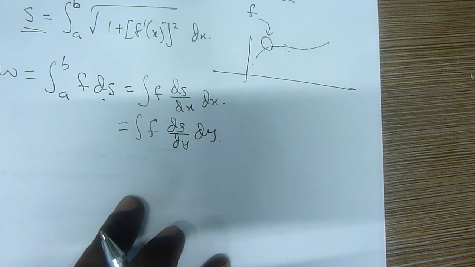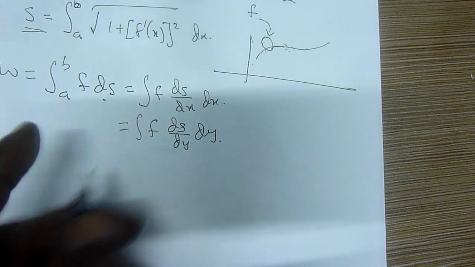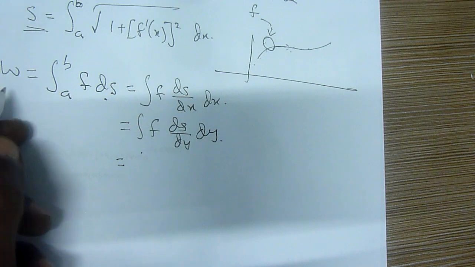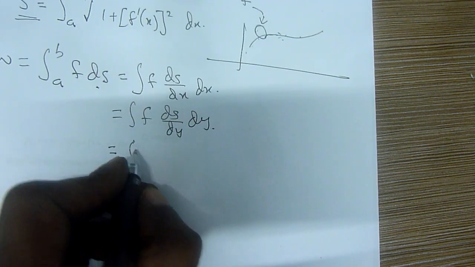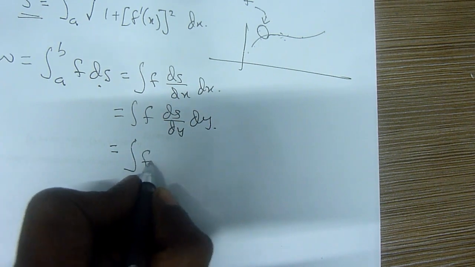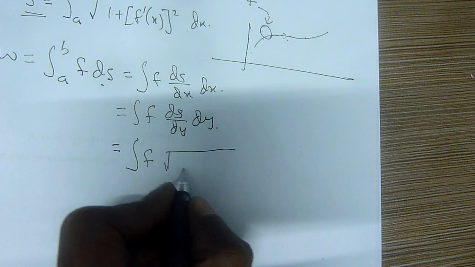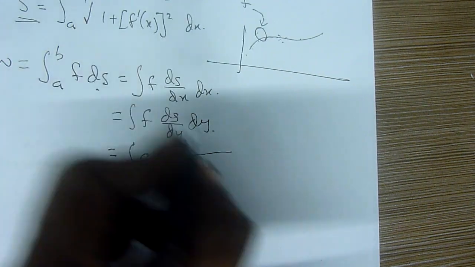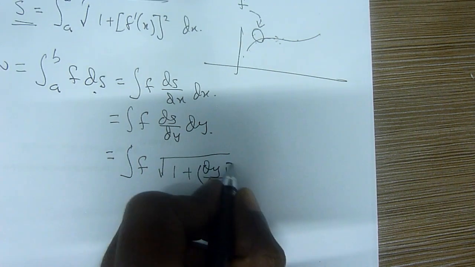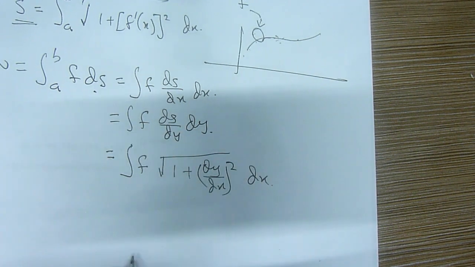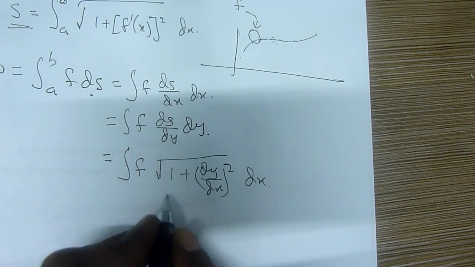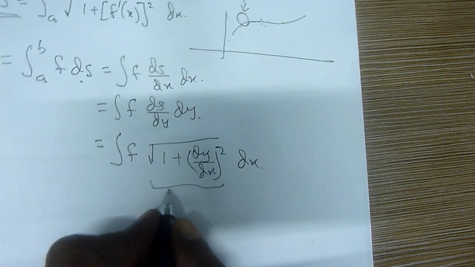Now the new equation that we will substitute here to calculate the work continuously for this case is the integral of f times the square root of 1 plus (dy/dx) squared, dx. You get me or not? This is a times, not a dot product. This is the length of